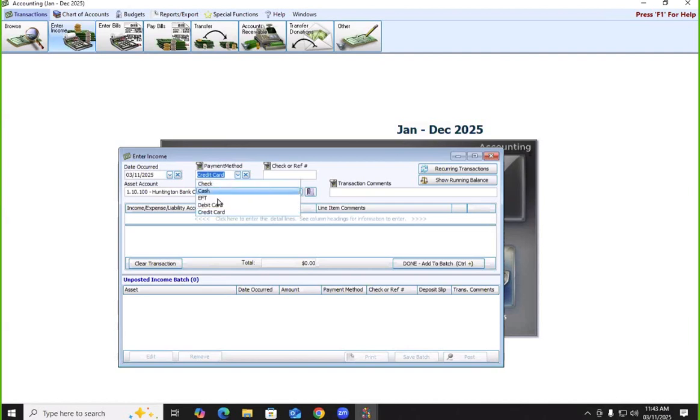Okay, so cash or check does allow you to enter a check or print a deposit slip. I can now enter transaction comments: refund for premium credit Q1 2025. Okay. So here, and this is the part that I think folks often overlook, notice it says